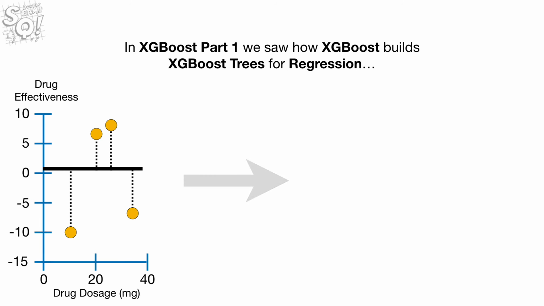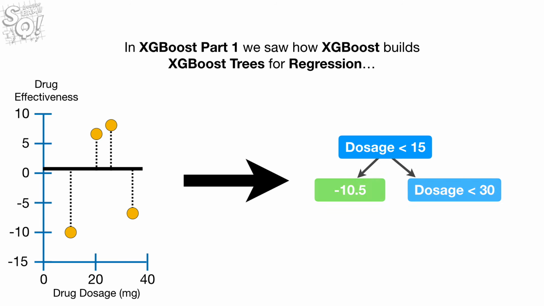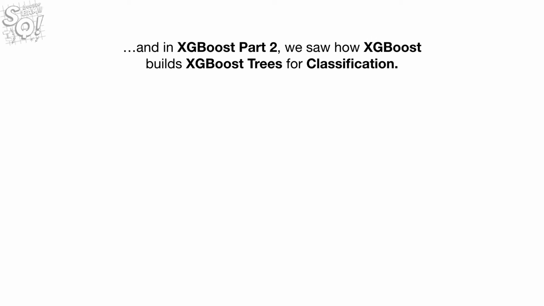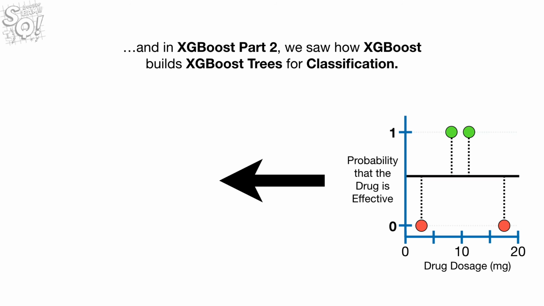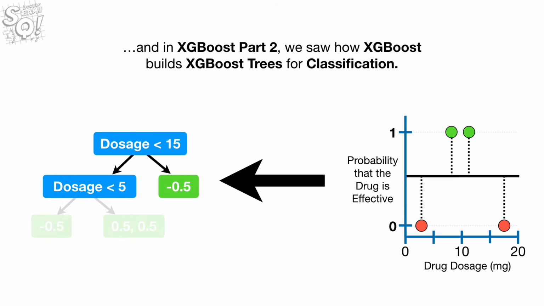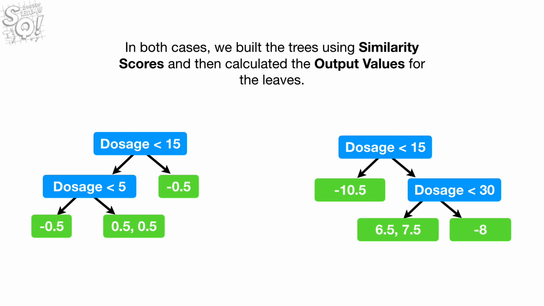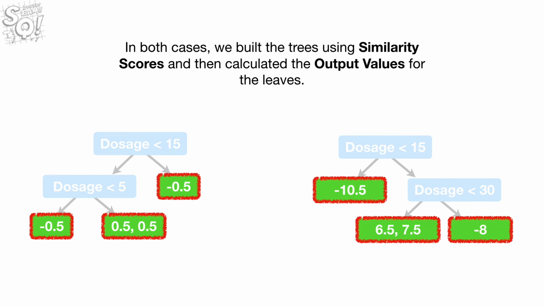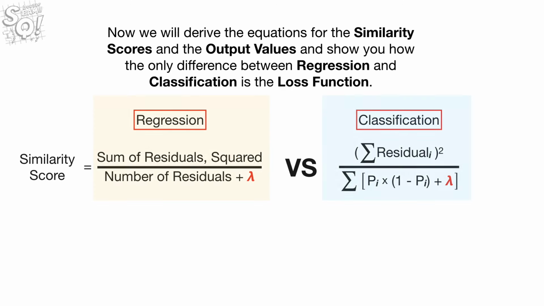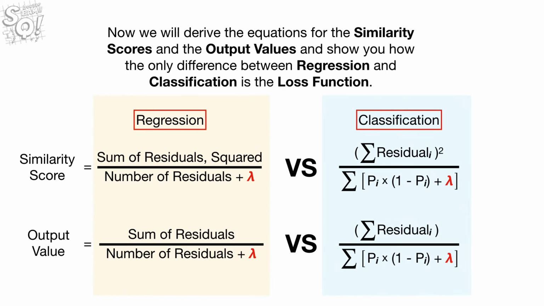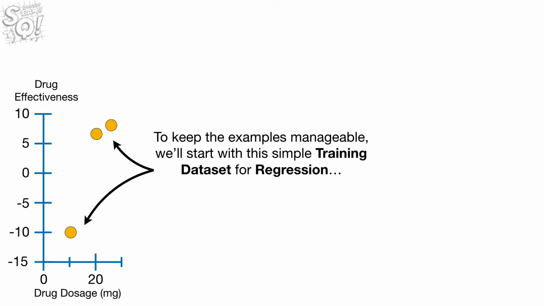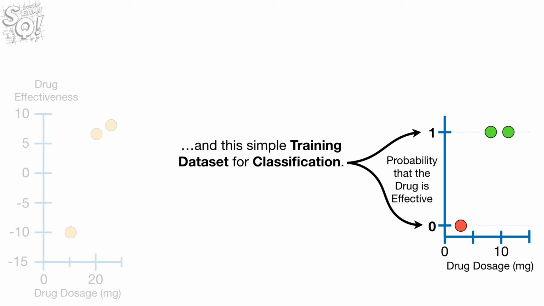In XGBoost Part 1, we saw how XGBoost builds XGBoost trees for regression. And in XGBoost Part 2, we saw how XGBoost builds XGBoost trees for classification. In both cases, we build the trees using similarity scores and then calculated the output values for the leaves. Now we will derive the equations for the similarity scores and the output values and show you how the only difference between regression and classification is the loss function. To keep the examples manageable, we'll start with a simple training dataset for regression and this simple training dataset for